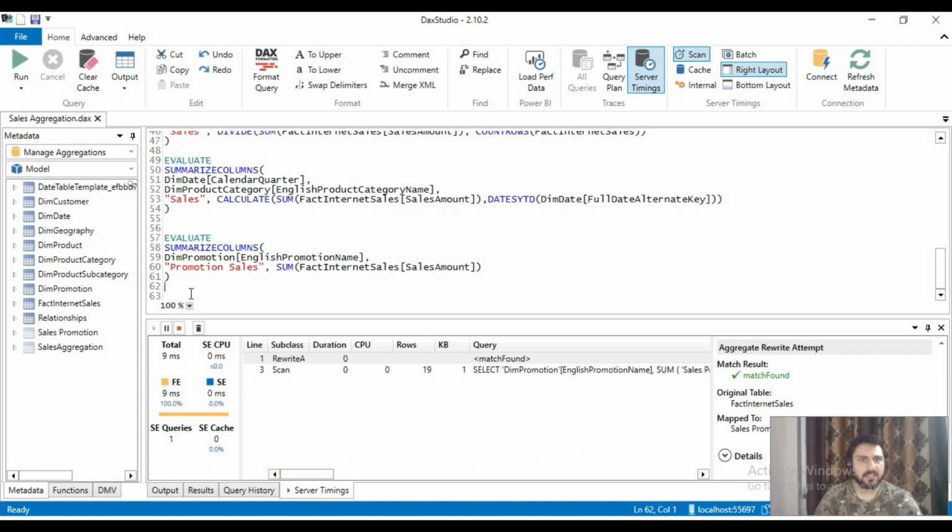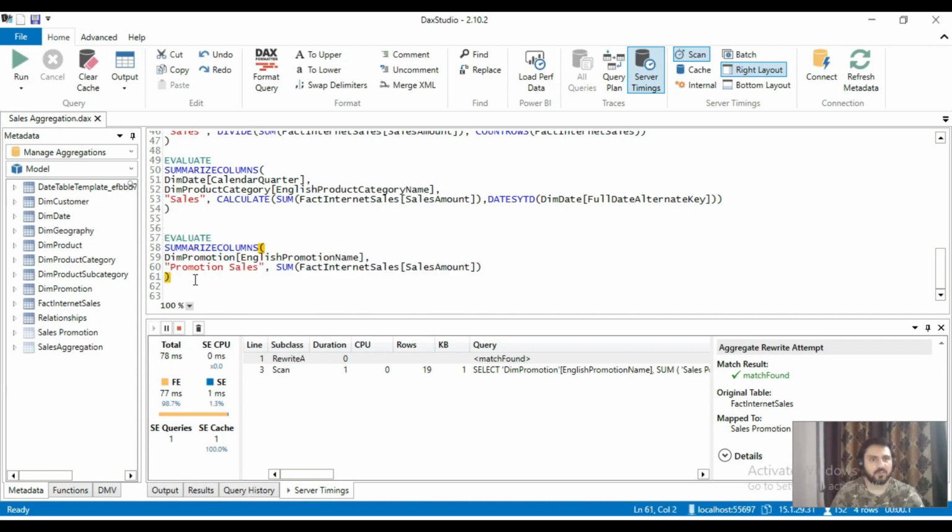So as you can see, I have already written the query. So let me just explain the syntax for this query. We are using the SUMMARIZECOLUMNS function, and we are defining aggregations on the English promotion names. If you remember, we have already defined this particular dimension or group by clause within the aggregation table. We have taken the DimPromotion key in our aggregation table, and we have also defined the relationship with this particular table. So we are taking the English promotion name, and based on English promotion name, we are doing the sum of fact internet sales amount. So based on this scenario, let's see what happens.